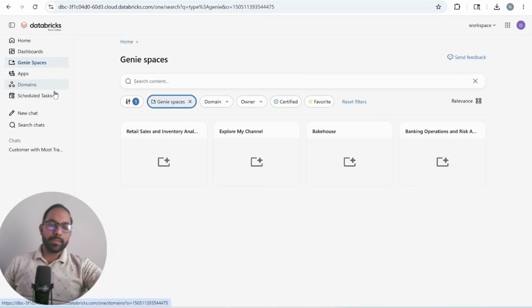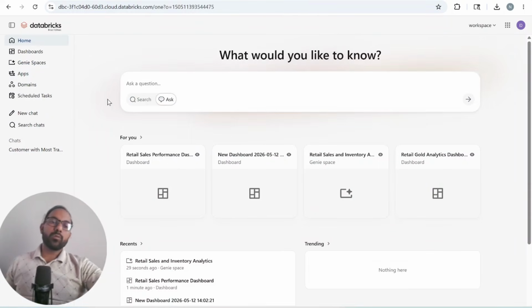This is a new concept they have, and a new chat. So all these options we are getting. If we know directly where to look for that particular data, we can go there. And let's say if I want to know something and I don't even know whether that data is in a dashboard or Genie space, then those kinds of questions we can also ask here as well. So for example, if I simply say